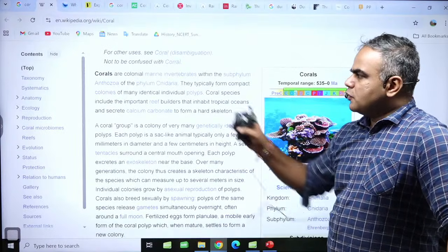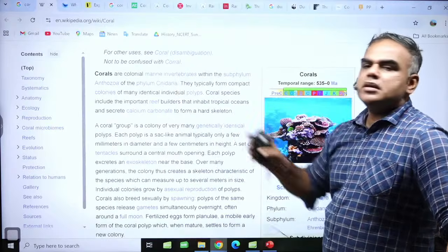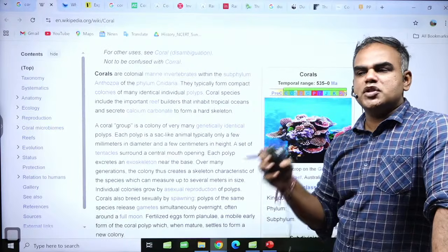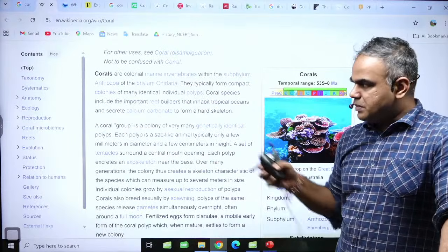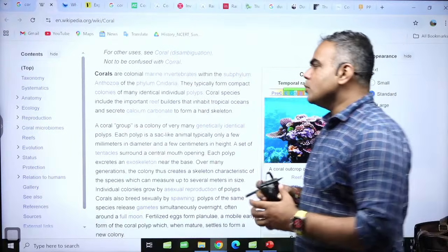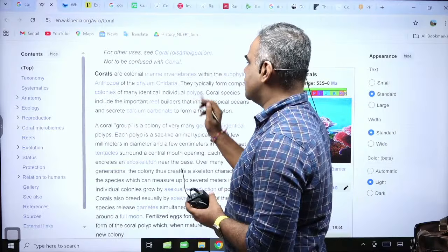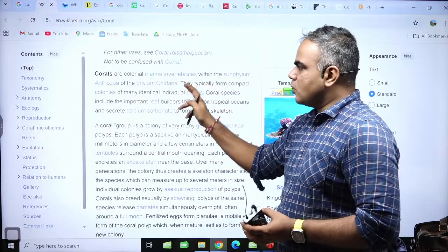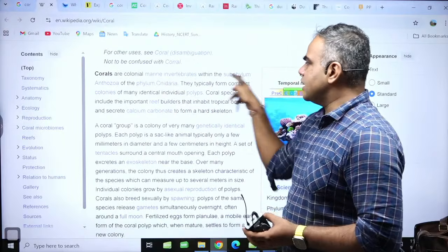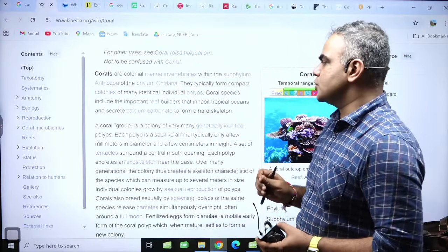are animals. If you want to be more specific, you can write marine invertebrates. When I do species, I'll start with what is vertebrate, what is invertebrate. Very brief and basic, but for now write this, because this has been asked once in PYQ. Corals are marine invertebrates, okay, under Cnidaria. Don't write other things, otherwise you'll get confused.